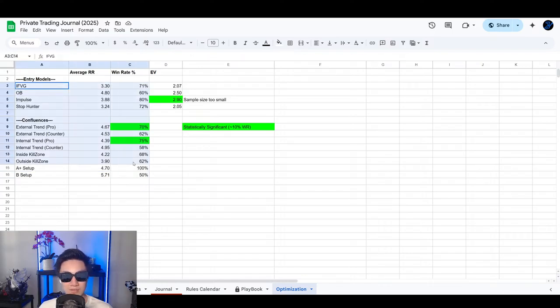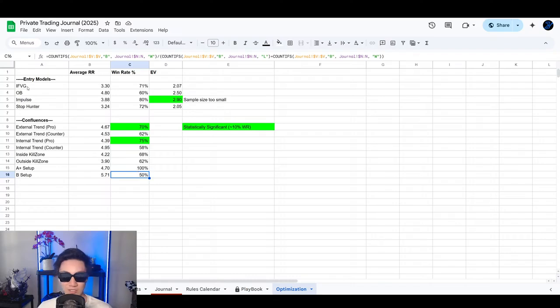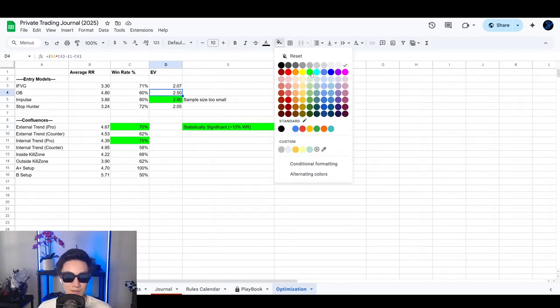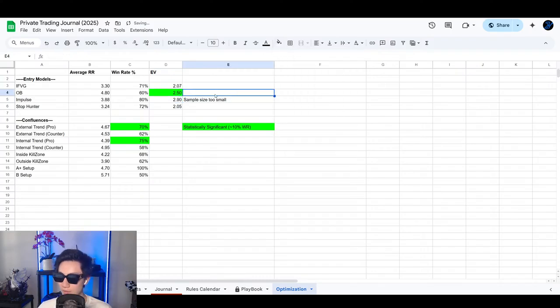And what does that mean? That means you are optimizing to a full extent and picking the most optimal strategy, all combinations. So for example, maybe you combine everything that's statistically significant. So this is too small a sample size, so I wouldn't pick this. I'd pick this here. But basically, you want to do combinations and figure out which combinations give you the best